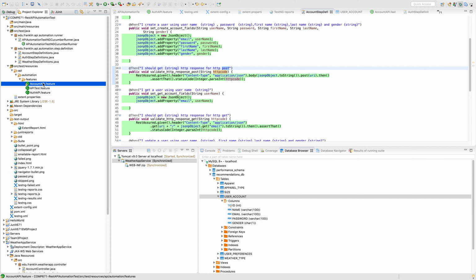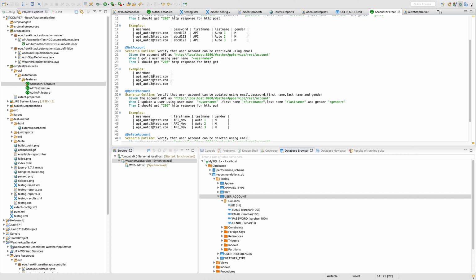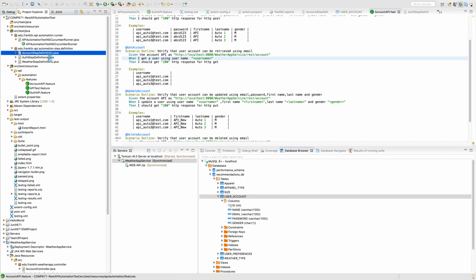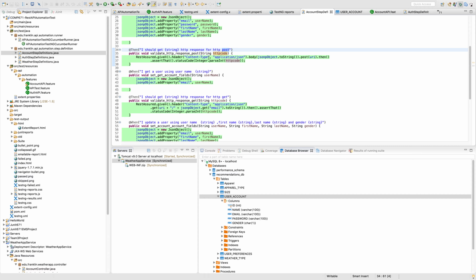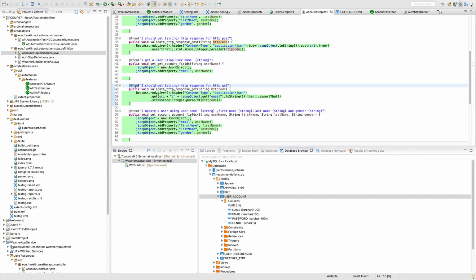So in the get scenario, what we were checking is whether I can get the information by passing the username, first name, and username, by invoking the get API. So here I'm setting the endpoint. I'm checking whether I can get a user using the username, and the response is 200. So here in the when statement, I'm setting the username which I need to fetch, and in the get operation, like in the then operation,